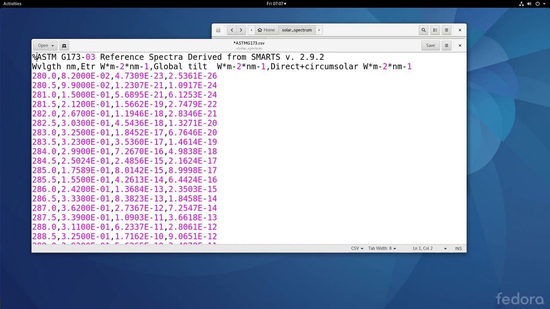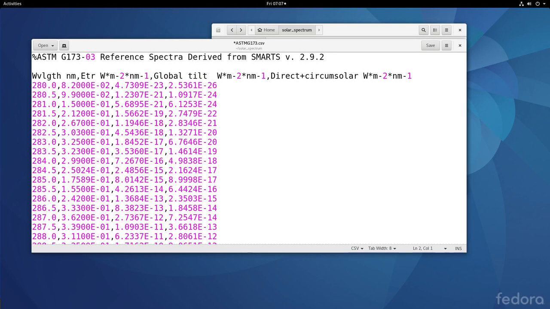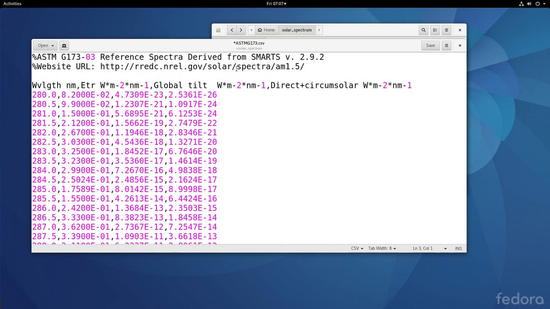I will convert this first line into a comment line. I will put a comment line here and introduce the website URL from where we took this file, and I will make this a comment line like this,